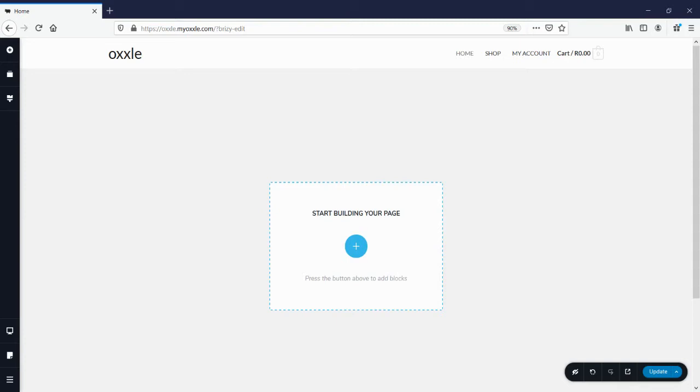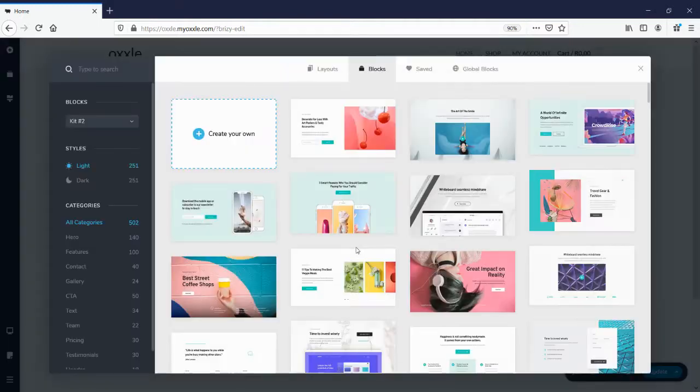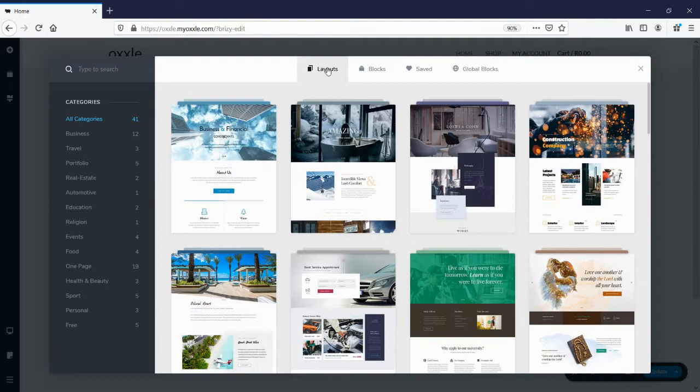Build your very first page in our Oxel Builder. So when you open your page, you'll get to a little plus sign. You can just click on it, and it will take you to the option to insert some blocks or alternatively some layouts. Now, the main difference between layouts and blocks is a layout is a full website page,